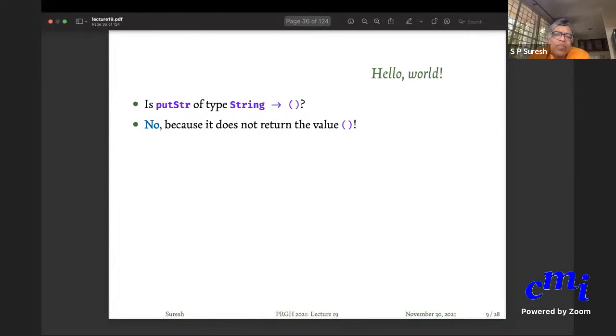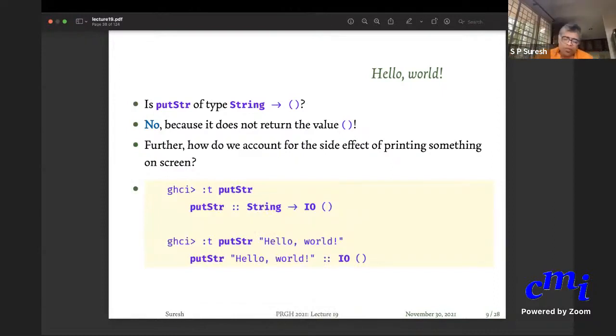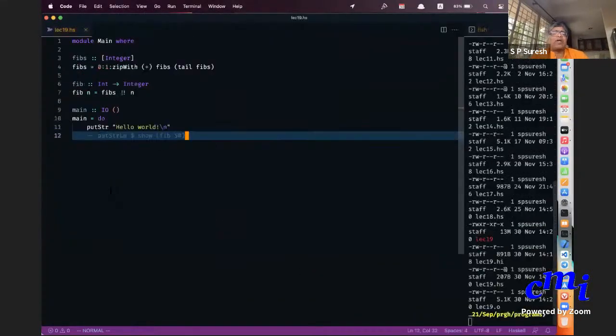Okay. Yeah. So put string cannot be given type string arrow unit because it does not return the value unit. It does not return any value at all, really. Furthermore, you have to account for the fact that this put string has a side effect, namely printing something on the screen. So therefore, you call it IO unit. Okay, IO tells you this is a program with side effects. Okay, IO meaning this is a function which has side effects, like we saw earlier.